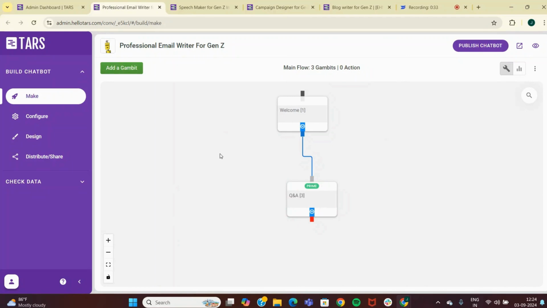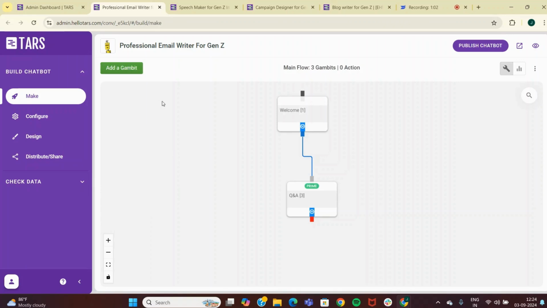As I take you through the entire journey of how we have created these four AI agents, you'll see that there is not a lot of difference in the structure of these AI agents in the backend, but there is one particular parameter that is completely different, where all the magic is happening. We'll delve deeper into that in a bit. Once you land here, all you have to do is start with add a gambit.